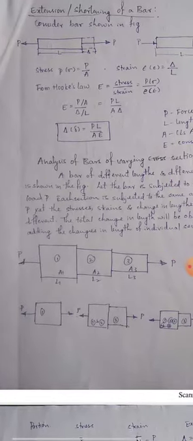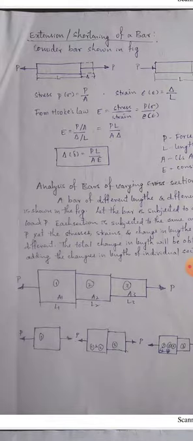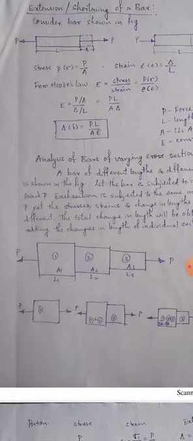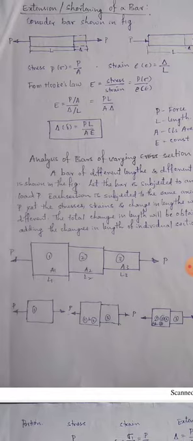And analysis of a bar with a varying cross section. It is very simple. In the previous case, it consists of only one bar. Here, we have a varying cross section with the same geometrical shape. When the load is applied on both ends, the same load can be distributed through the remaining three sections.